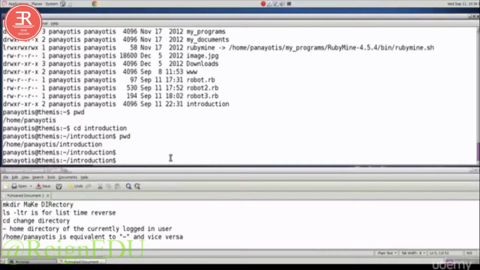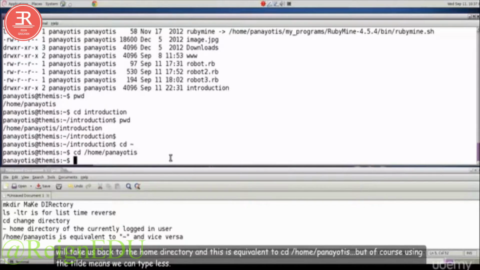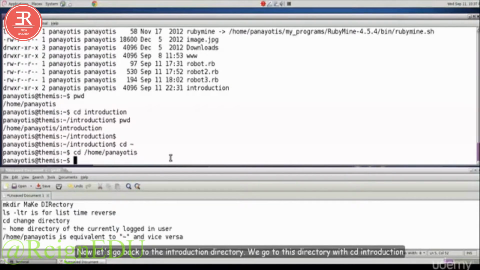Which means that if we go back with change directory to tilde, it would take us back to the home directory, and this is equivalent to cd /home/Panayotis, but of course using the tilde means we can type less. Now let's go back to the introduction directory. We go to this directory with cd introduction,